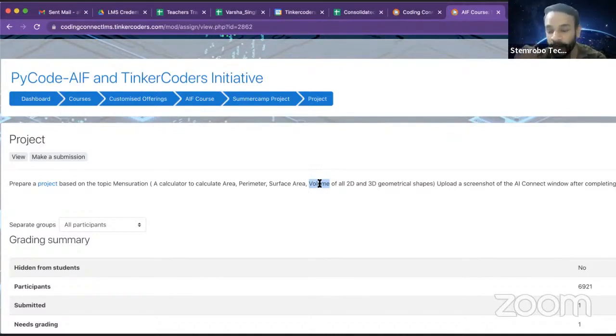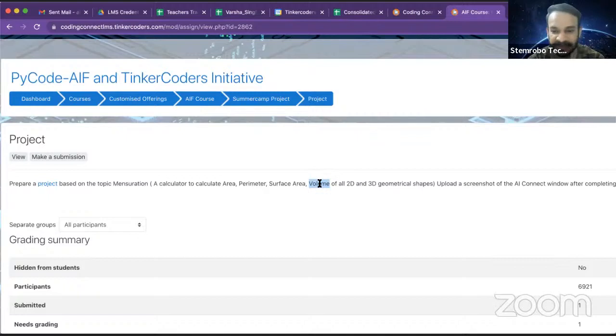which shape's volume do you want to find out, right? Now, let's suppose you have entered a sphere. Now, when you have entered the sphere, the next question should be to enter the radius of the sphere. The radius will be entered, and at last the program will give you the output, that is the volume of the sphere. The program will do all these things.